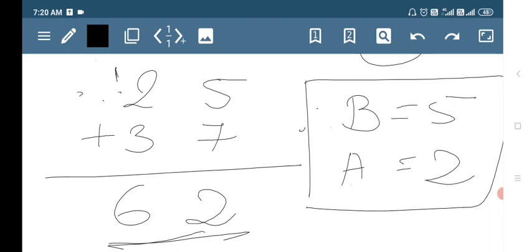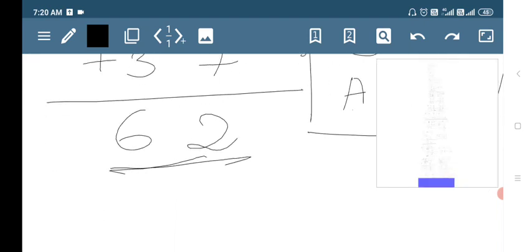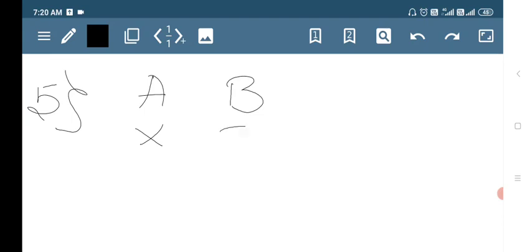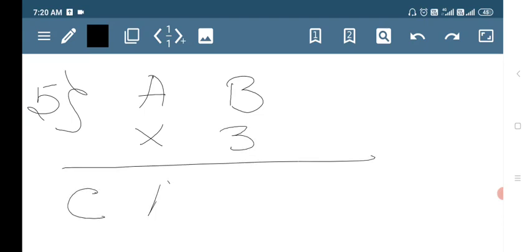Okay, this we have to try in the starting with the trial and error method. As slowly you understand which number, adding which number will you get the result, you will become more perfect in that. Now the fifth question, AB into 3, we are getting now the result as CAB.